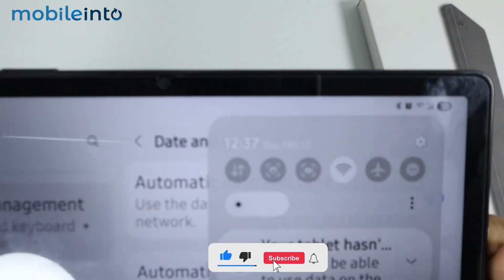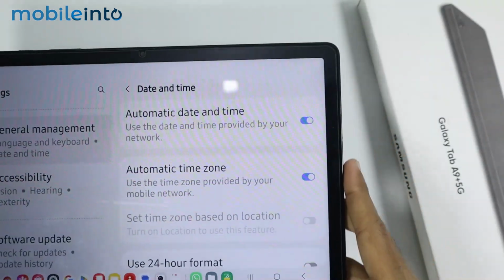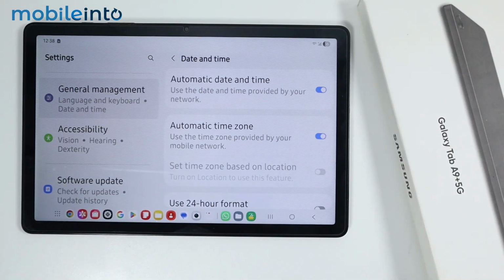And if I open the Control Center, as you can see, we have set the correct date and time on our tablet. Just like that. And this is how you can change the date and time on the Galaxy Tab A9 or the